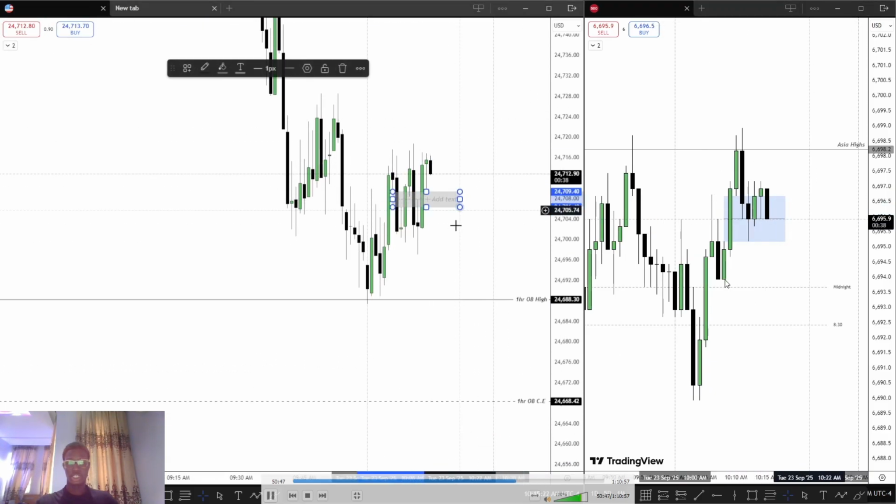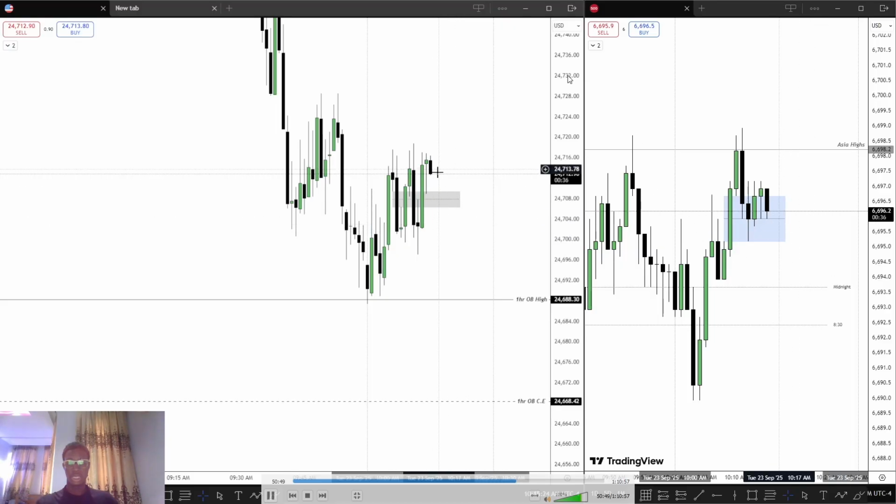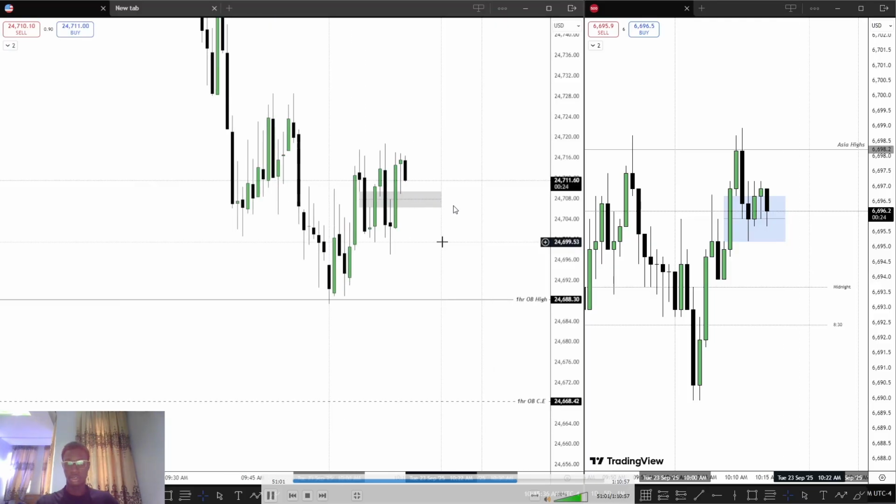So now I'm patiently just waiting for this fair value gap to be inversed, because we have a huge SMT. We've already taken out all-time highs on the S&P, but we haven't done that on the NASDAQ. So I'm still looking at price to keep pushing to the downside, right? So I'm still looking at these fair value gaps here that have been overlapped, trying to see price go below